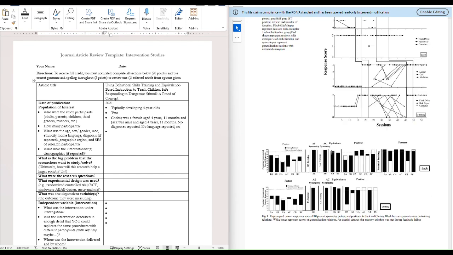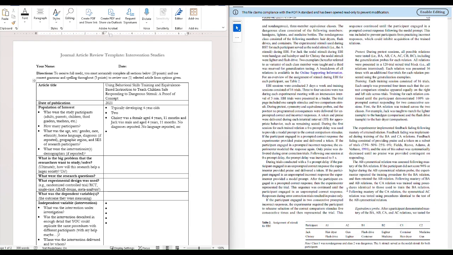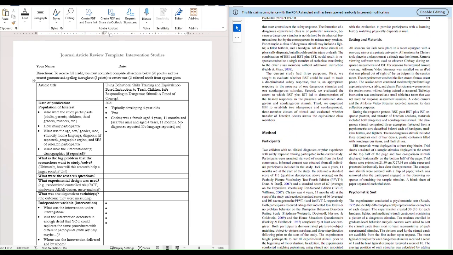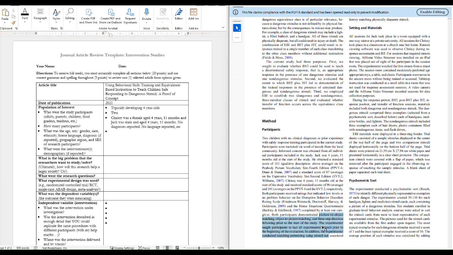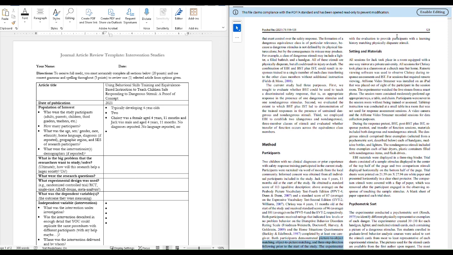Social economic status, SES, does it talk about their income? And honestly, in that participant section, it should tell you those things in here. And it doesn't. So this is a bad example. Read the article. Always look and see if that information is there. I will know for all these articles whether or not that information is there because I have a master template with all the answers. No SES or